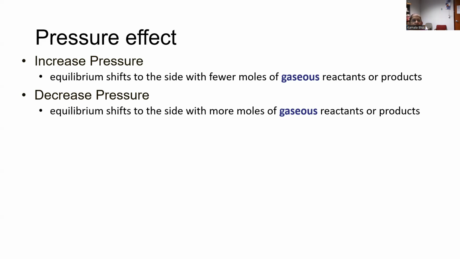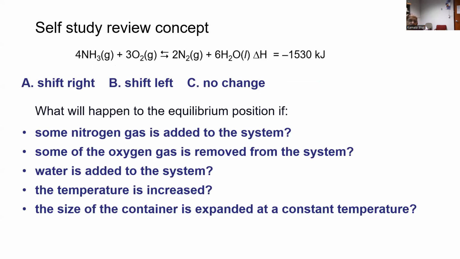reactant. And therefore, if you increase the pressure, thereby decreasing the volume, then the equilibrium shifts to the side with the lower number of moles of the gaseous reactant or product. If you decrease the pressure, then it goes to the side which has the larger number of moles of gaseous reactants or product. And here, this is a self-study problem where everything is introduced, whatever you have studied to date,